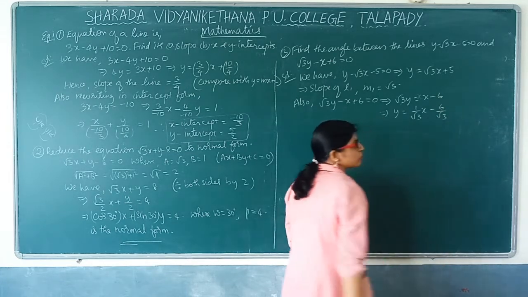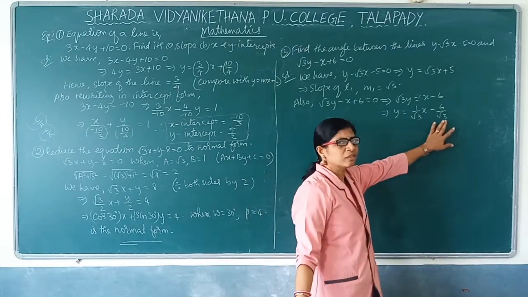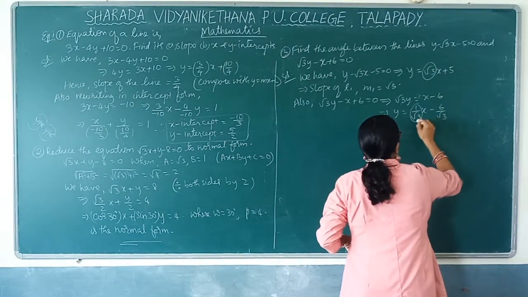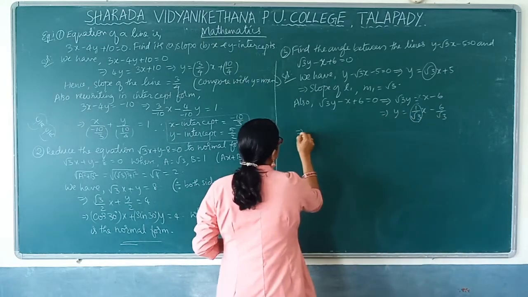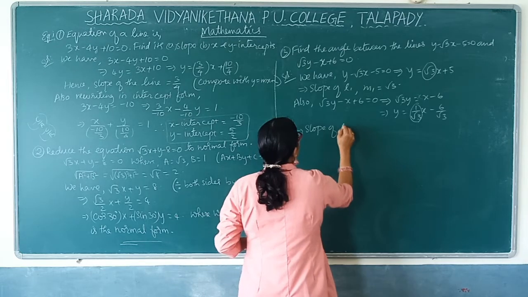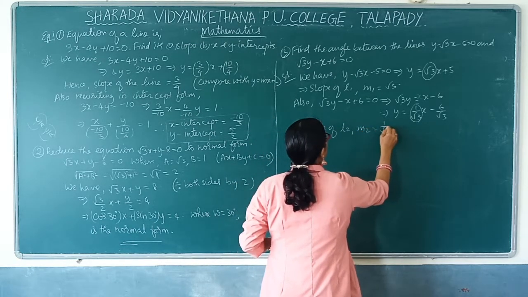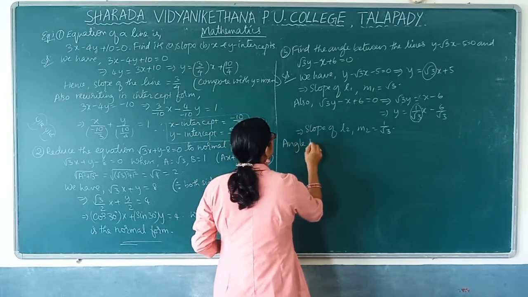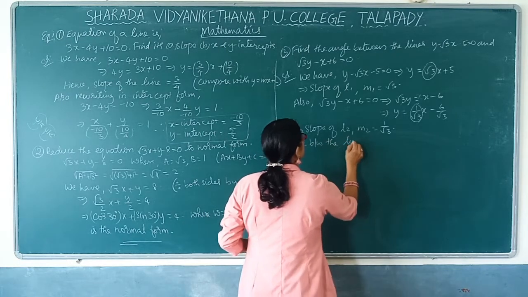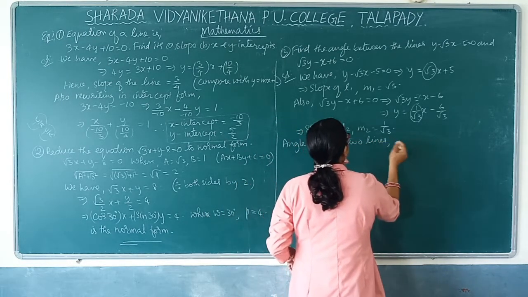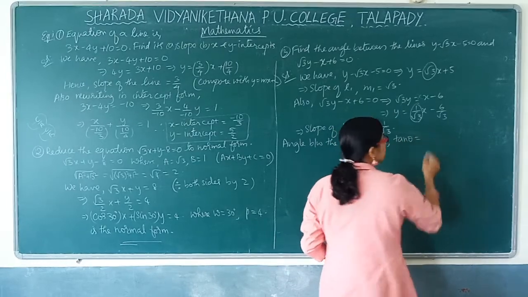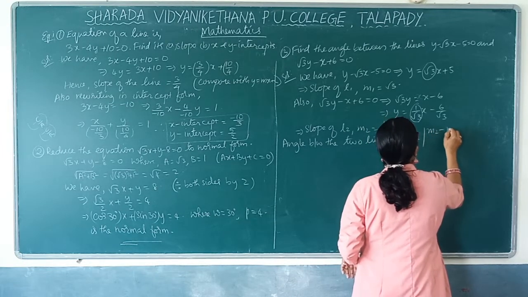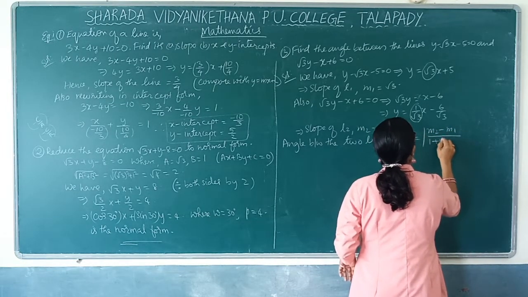If you want you can rationalize this, but anyway we are not using this in calculation, so whatever it is doesn't matter for us. We need only this m value, m1 and m2. So what is m2 here? Slope of second line, slope of L2. m2 is equal to how much? 1 by root 3. So m1 we got, m2 we got. What is the angle between the two lines? Tan theta. First we will find tan theta, after that we will take theta. Directly theta cannot be written. So first we will find tan theta. What is that? Modulus of m2 minus m1 by 1 plus m1 m2.